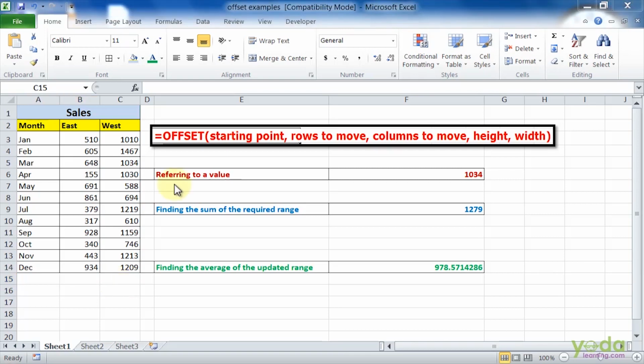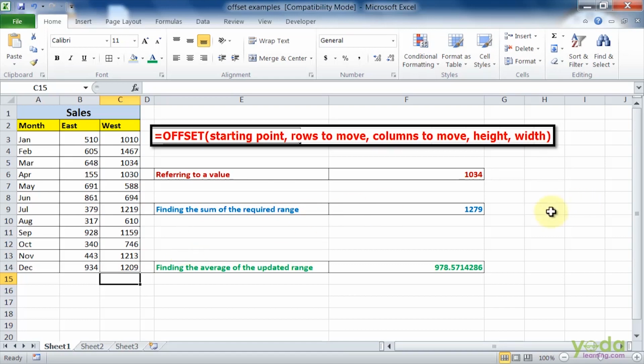What is the next reason that we use offset for? Another reason is when we don't know what the exact address is. Say for example, I need to find out the average of the last 7 digits. If I update my data, the values will be unknown. So if I want to know the address of the data and use the same address and the data to calculate the average of those values, offset will help me in this case.